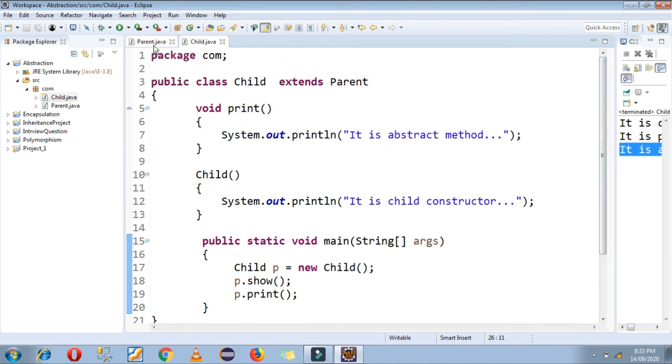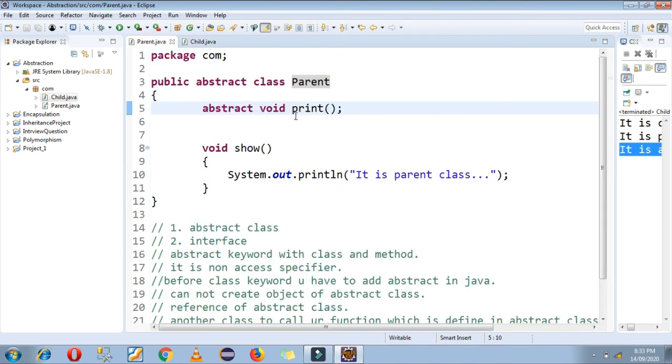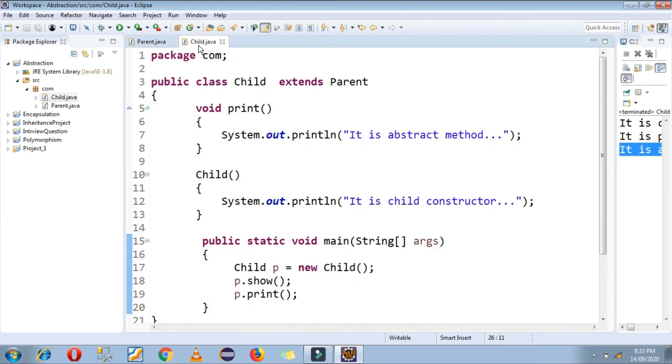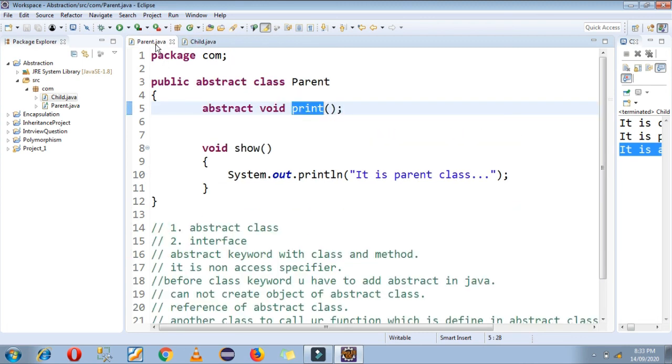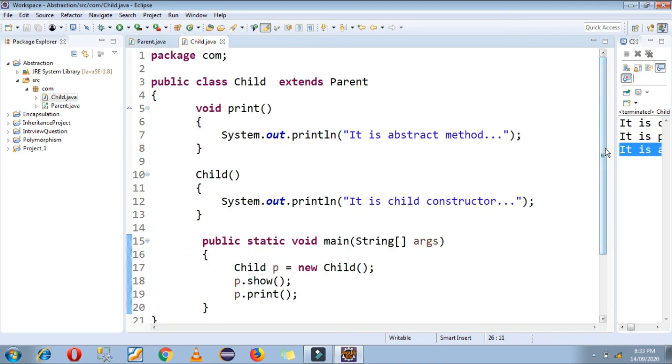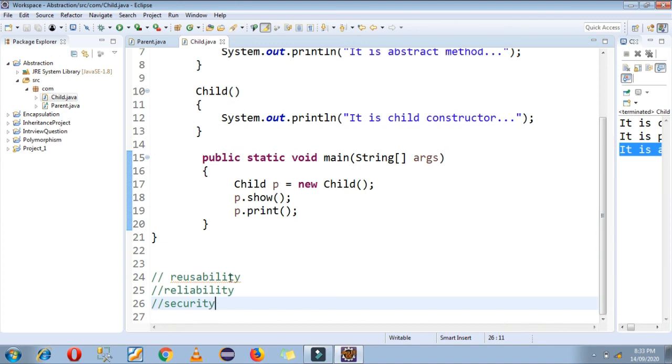If I am declaring any function as abstract, that means you have to provide the implementation of that function in another class. So you are just hiding your parent's data from the user. That means you are securing this print function from unauthorized users. So security is another feature of abstraction.